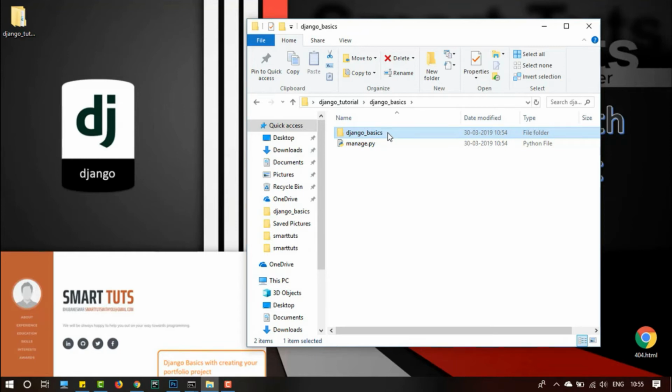Let me go through an example. Suppose you are creating an e-commerce website. The first part will be the user part, the second will be the products, the third will be the cart and payments. The user part is going to be covered by an app. You can choose the name, but suppose that name is user. So user is a small app, products will be a small app, and others will be small apps. Integrating all these apps makes a project. I think you get my answer, or else we will explore this in the next videos.